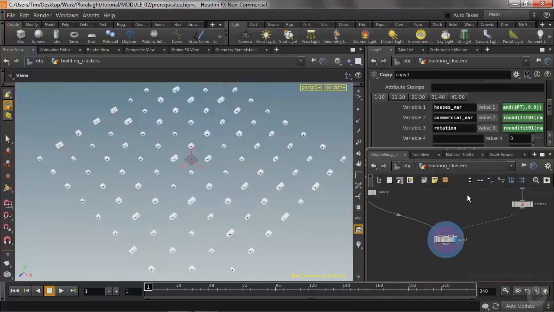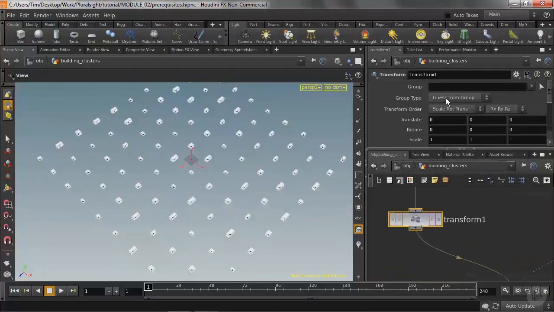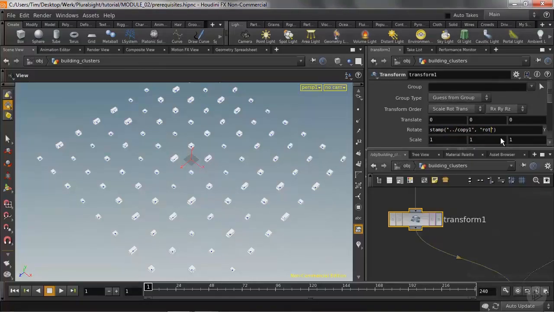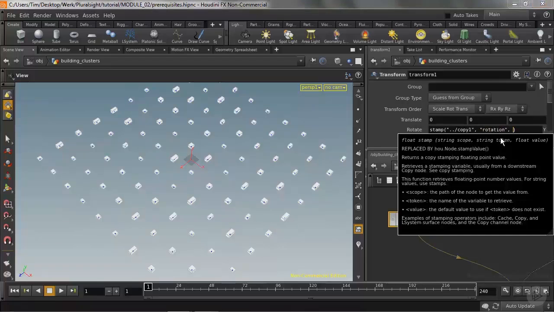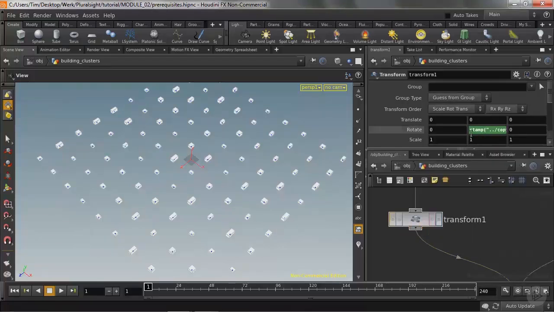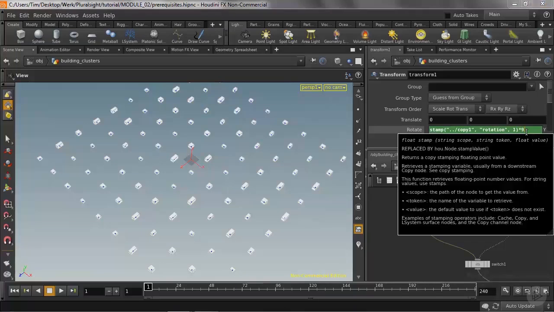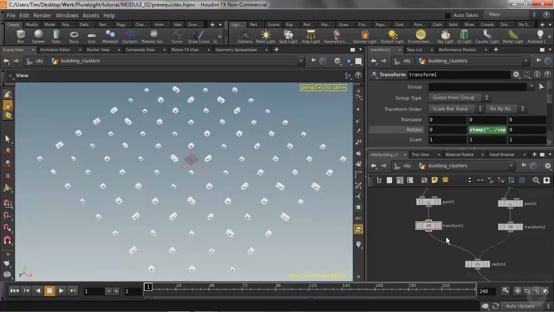Now let's stamp the rotation variable into our transform nodes. We're going to find the rotate along Y and say stamp, open, close, copy 1. We want the rotation variable, so again rotation, and we're going to say 1. So this will get a random rotation. This random rotation literally only comes in as anything between 1 and 4. So what we now want to do is, after it, type times 90, and now we should see that these